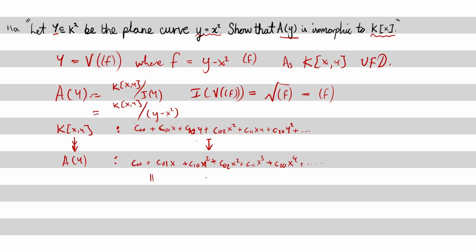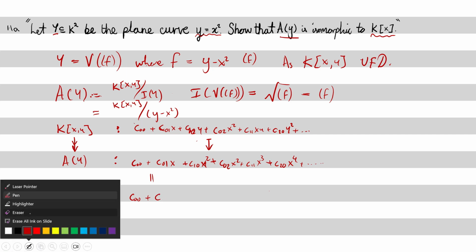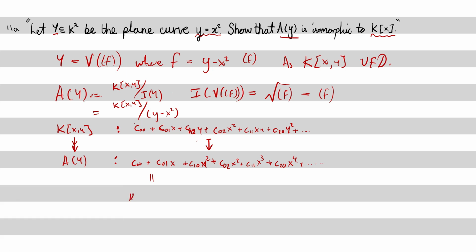Addition is always commutative, so you can collect terms. So kappa_0 plus kappa_1 x plus kappa_2 x squared plus kappa_3 x cubed plus dot dot dot,